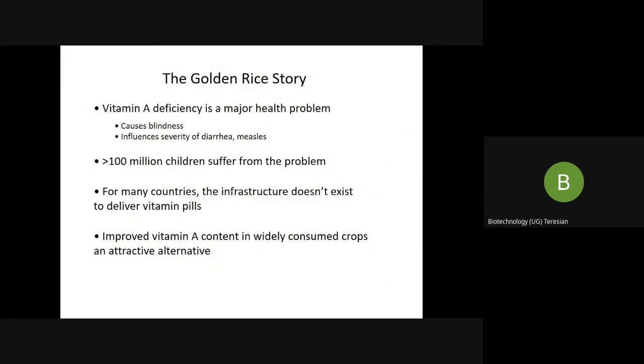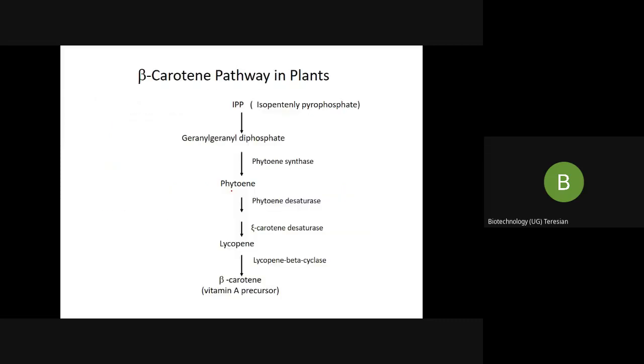One more important application is the golden rice. Now you know the story of the golden rice because we can see that many people, particularly in African countries, many children before they reach their teenage, most of them are blind, and this blindness is because of the lack of vitamin A. And the precursor of vitamin A is beta carotene. So what the scientists were doing is, see, this rice is a staple food.